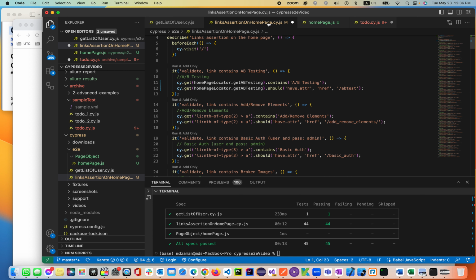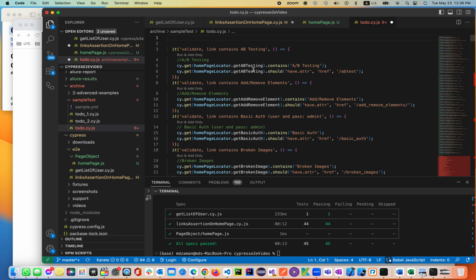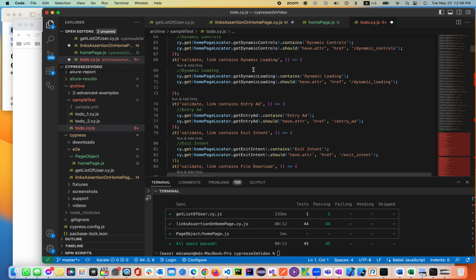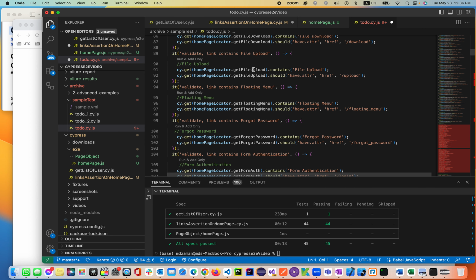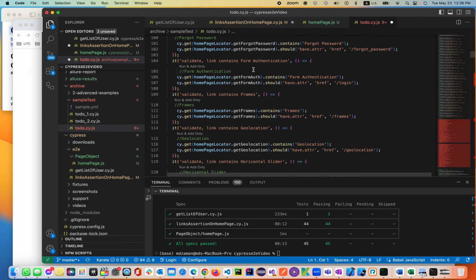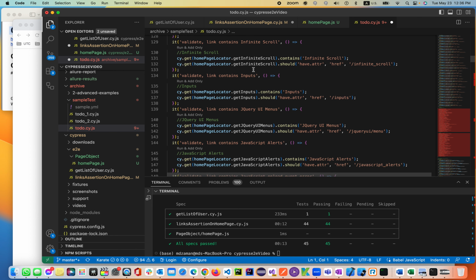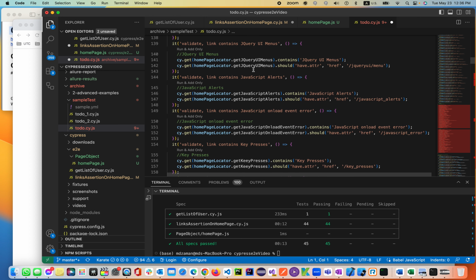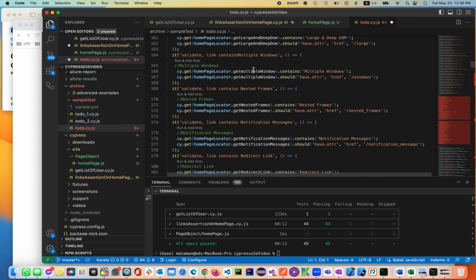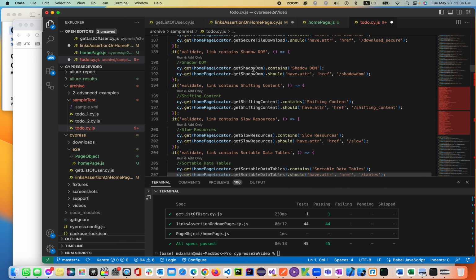So on that home page locator, we will be just copying all our locators, or we just call that locator into our test cases. As I have been telling you, I've been working behind the scenes to make things